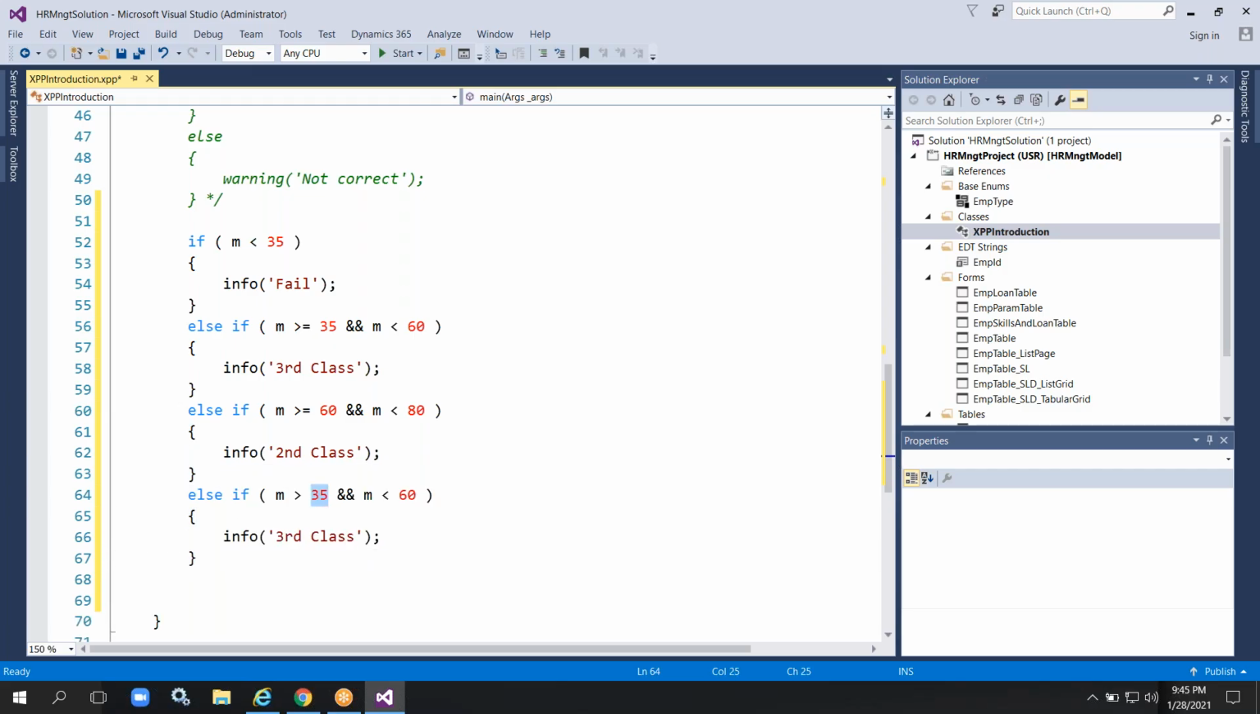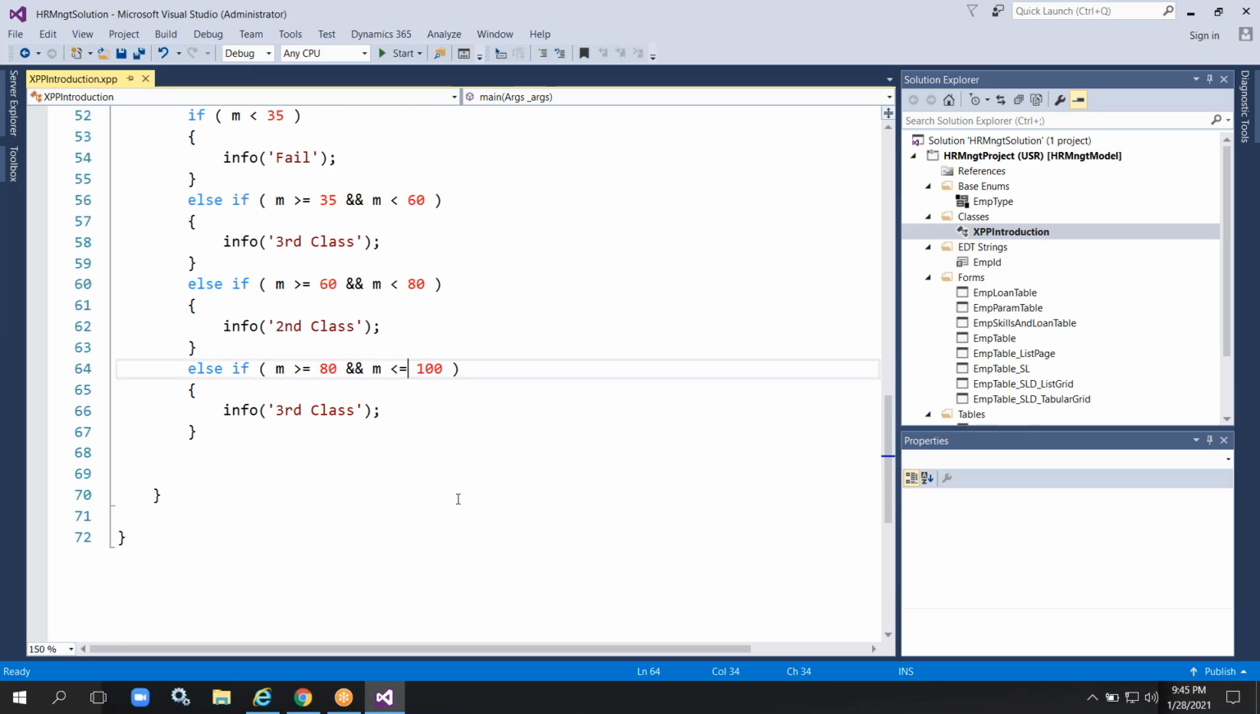Else if greater than or equal to 80 and less than or equal to 100. This is first class. For example, if we are giving a wrong value, like below 0,